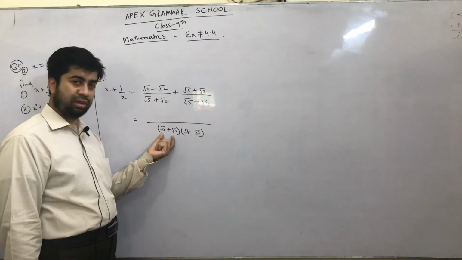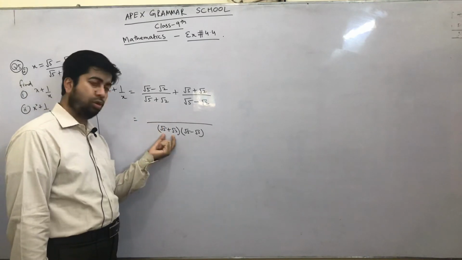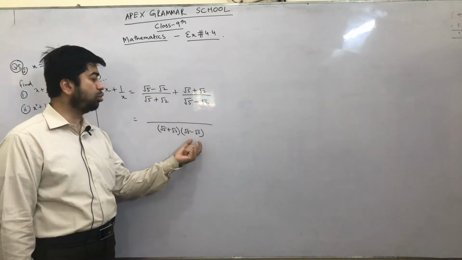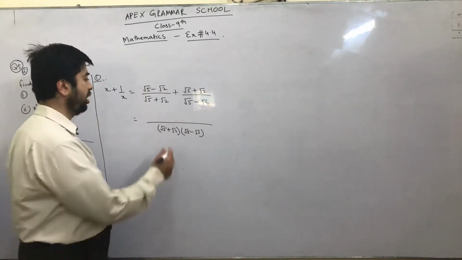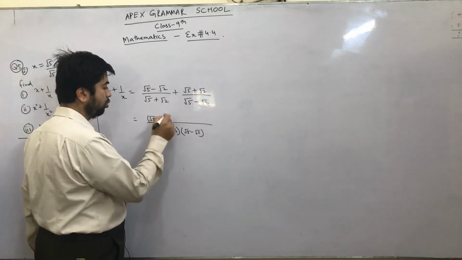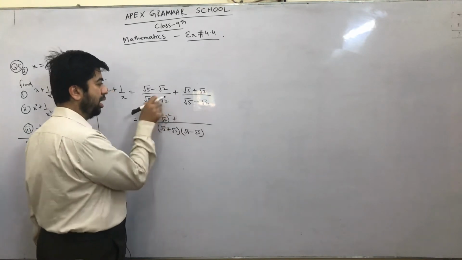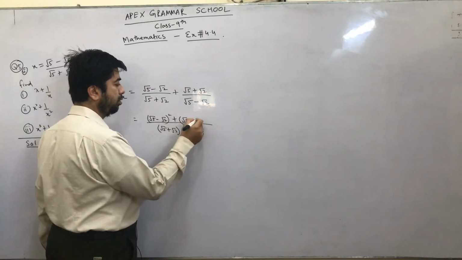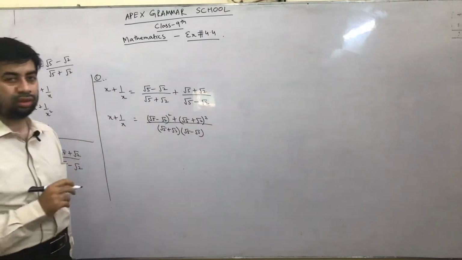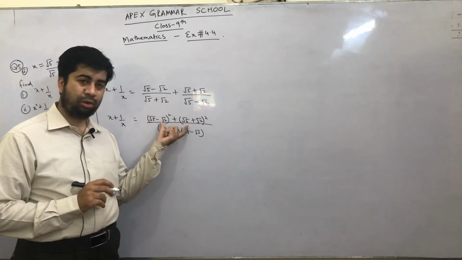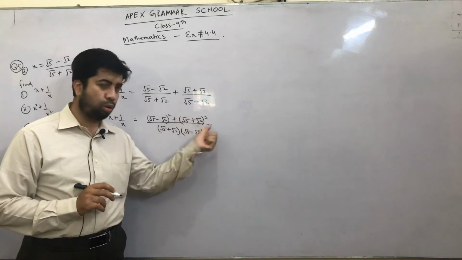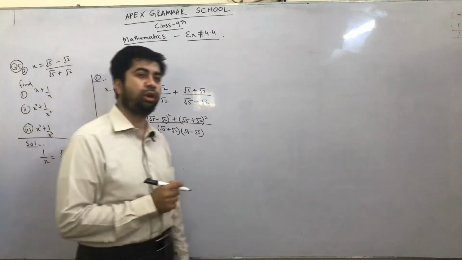Now what will be here? Square root 5 plus square root 2 and square root 5 plus square root 2 are going to cancel with each other, and this thing remains, square root 5 minus square root 2. This is going to multiply with this square root 5 minus square root 2. So that means square root 5 minus square root 2 whole square plus square root 5 plus square root 2 whole square. Now, did you recognize this formula? a minus b whole square plus a plus b whole square. Think about it, which formula is going to be made here?